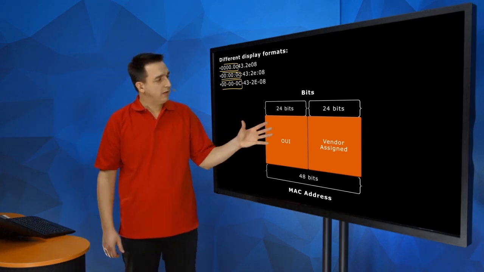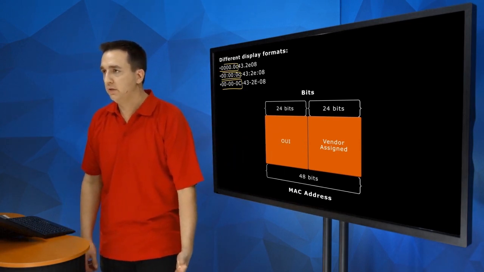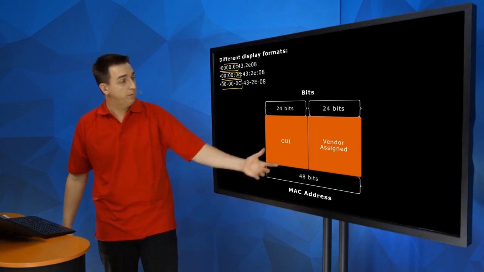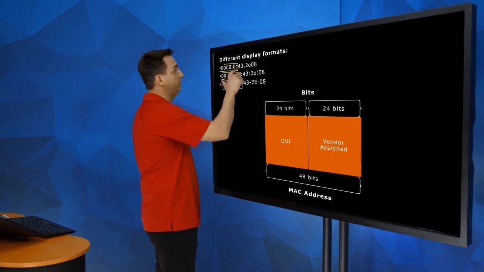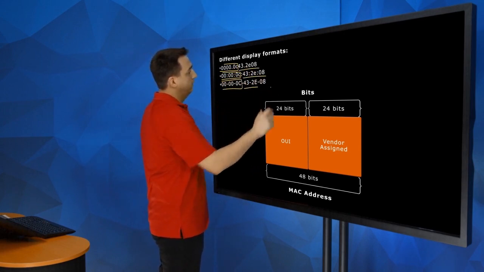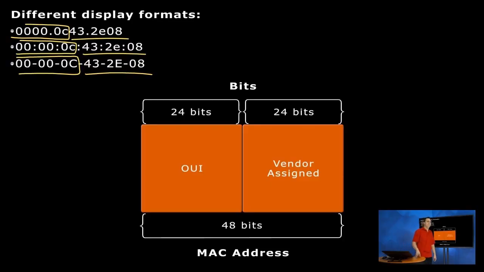And then the manufacturers are going to go ahead and assign themselves a vendor portion. So how are they going to do that? Well, they have 2 to the power of 24 options here. And they come up with this portion here all by themselves. It's 2 to the power of 24, 16 million, about that, give or take. So what does that mean? It means that there is the potential for 16 million unique MAC addresses